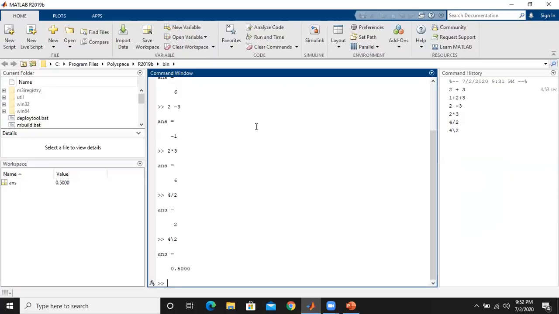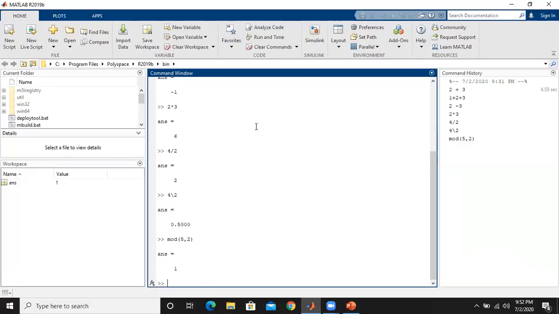Then we can also do the division with another built-in function, that is mod. Here it takes two arguments, 5 comma 2. That means we are going to divide 5 by 2, where 5 is the dividend and 2 is the divisor, and it gives us the remainder. So mod 5 comma 2 gives us the remainder, and the remainder is 1 in this case.